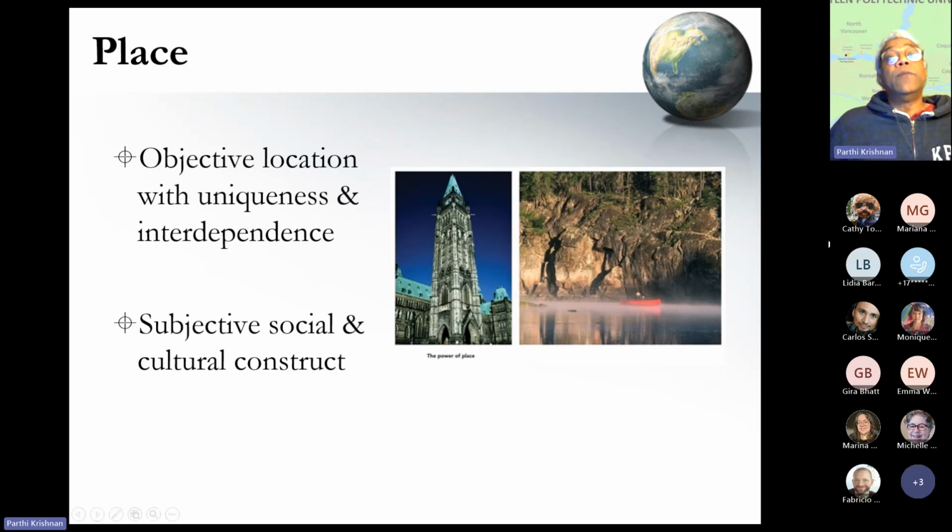So for example, if you look at the image on the left, this shows you the Peace Tower at Parliament Hill in Ottawa. So obviously, this would be of political importance to many Canadians, and especially now when we talk about what is happening in terms of the Liberal leader election, as well as the potential general federal election that is going to come up sometime this year.